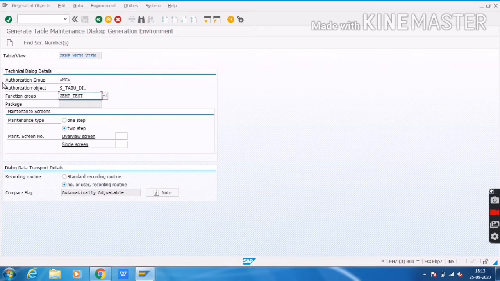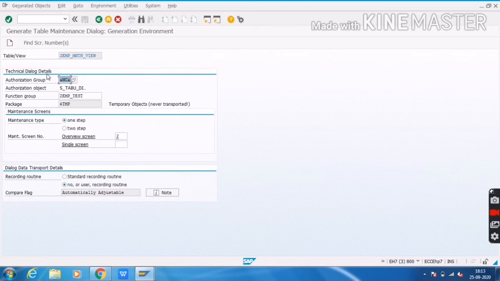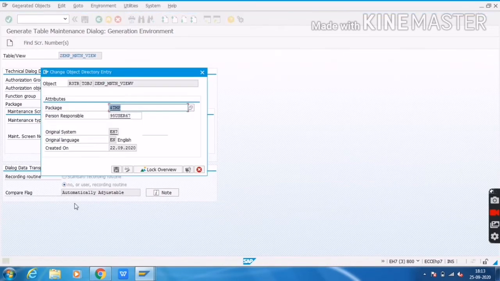If you want more information about authorization group, function group, screen maintenance and transport details, watch my previous videos related to TMG. There I have explained how to create a TMG, with interview questions as well. Then I will click on create. I will save inside the local object only.